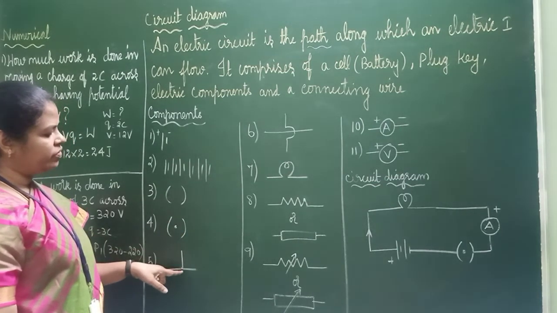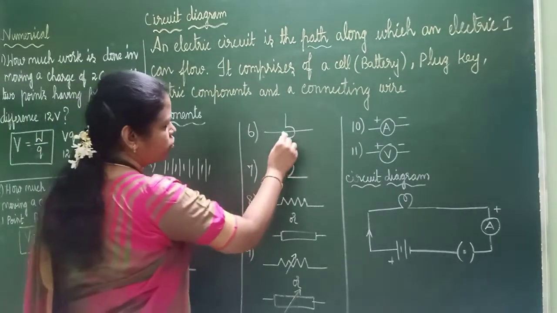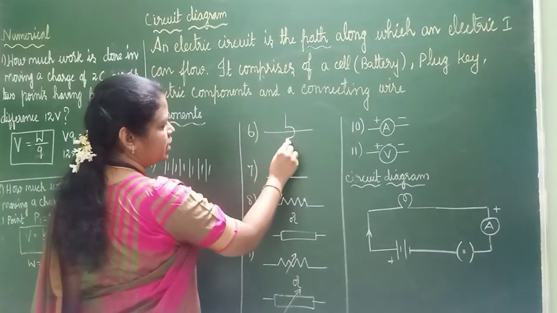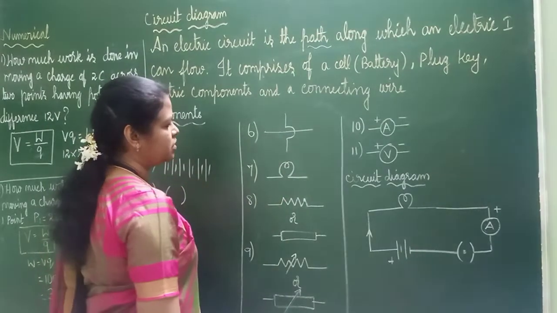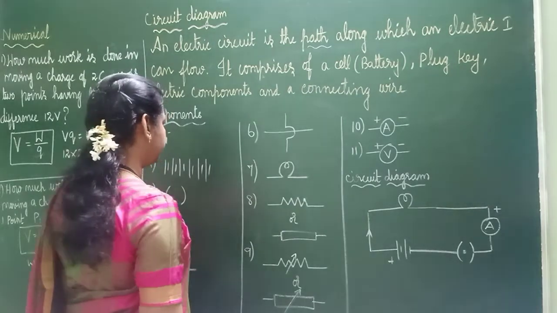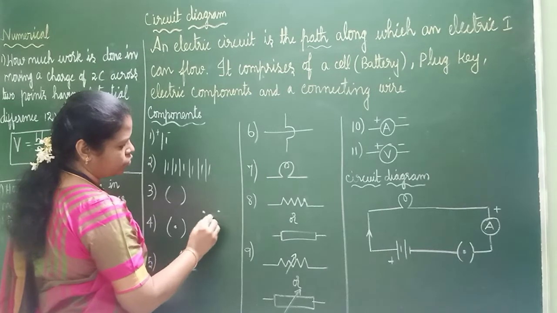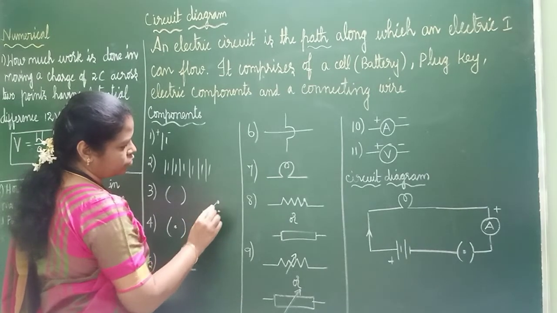If a wire is having a joint, that is a joint wire. Here there is no joint at all. See, it is coming just like that, without joint. This is what? A bulb. A switch can also be given like that. See, these are 2 points we can show, and we can show like this.